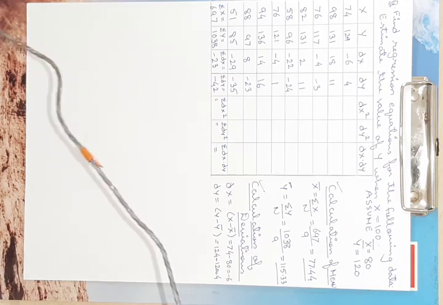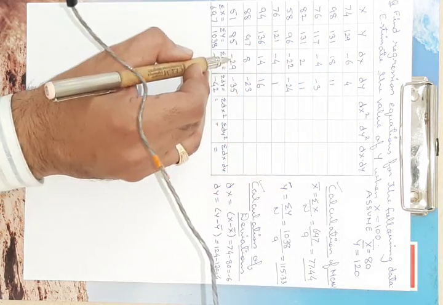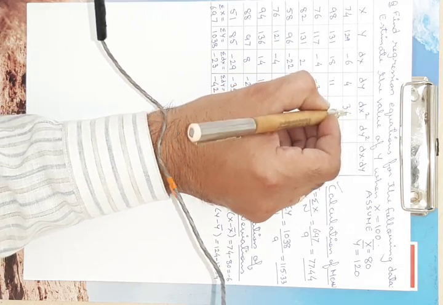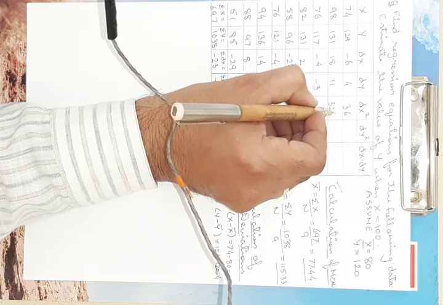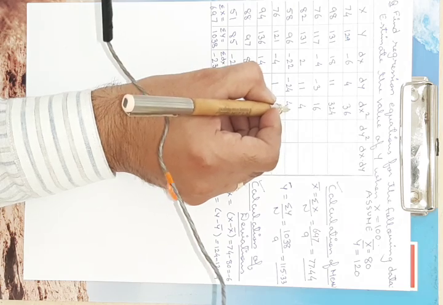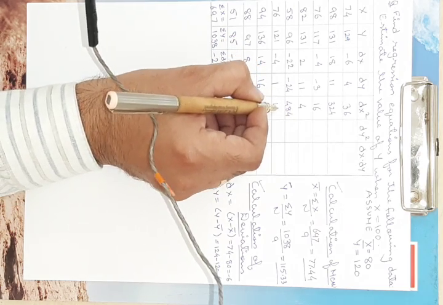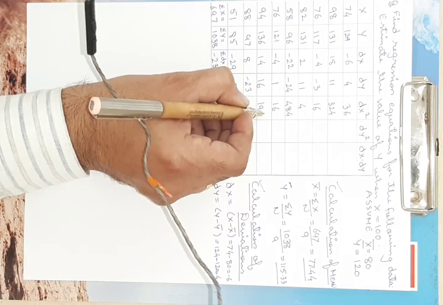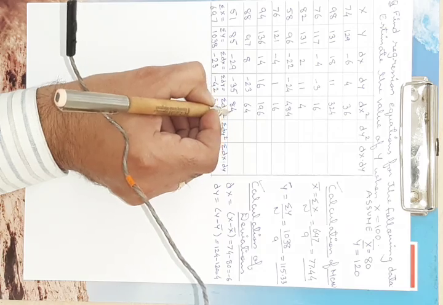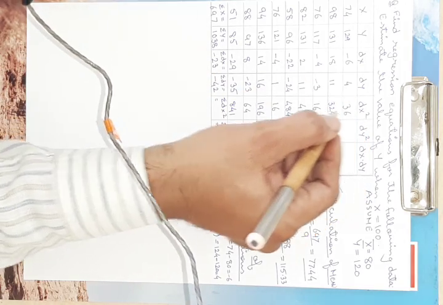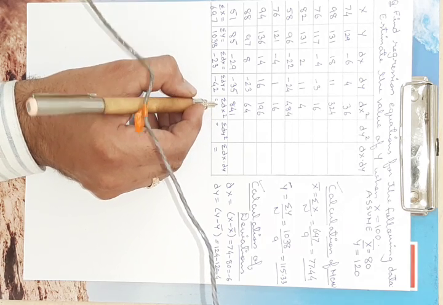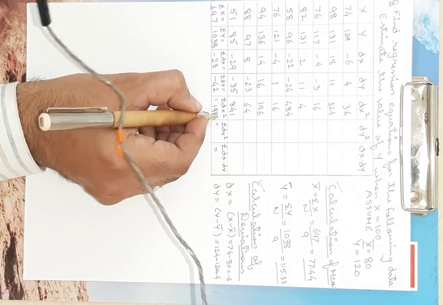Fine. Next we have to calculate the value of dx square. Whatever the values of dx we have taken, we need to calculate its square. So first value is minus 6 square, that is 36. Next 18 square, this is 324. Next 4 square, that is 16. Next 2 square, that is 4. 22 square, that is 484. Minus 4 square, which is 16. 14 square, that is 196. Next 8 square, that is 64, and 29 square, that is 841. So similarly we are going to have the summation of all these values, then we will get the value of summation of dx square. So summation of dx square here comes out to be 1981.